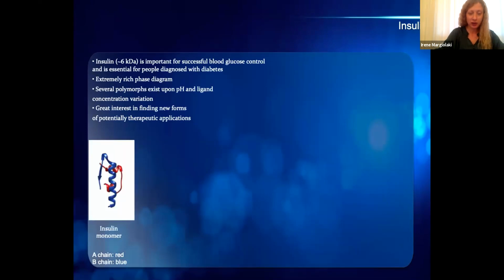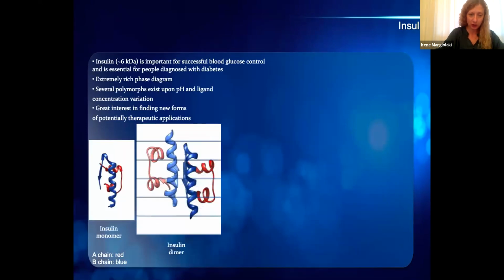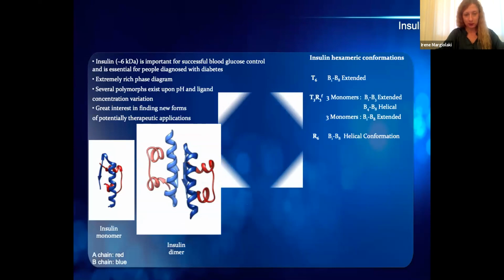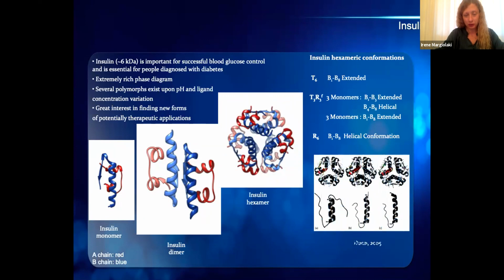So just a very brief introduction about insulin. It is a small hormone of 6 kilodaltons. Its active form is this monomer. If we look at it, it consists of 2 chains, one shown in red, the other shown in blue. However, in nature, insulin is found as the dimer that you see here, or,